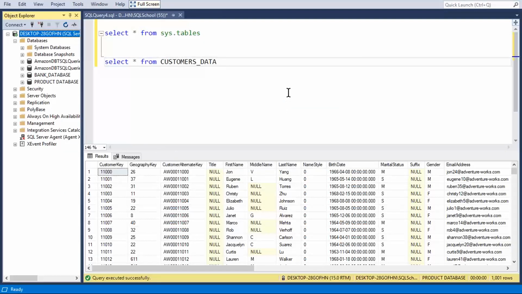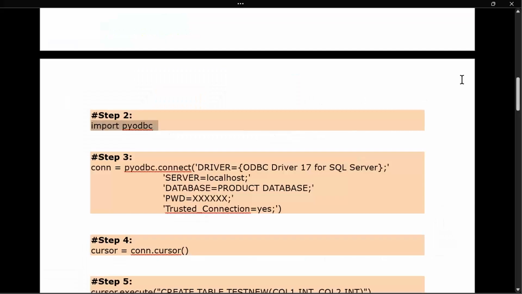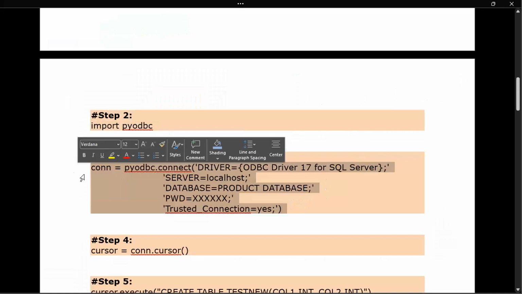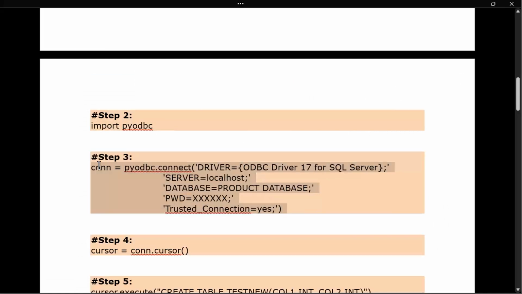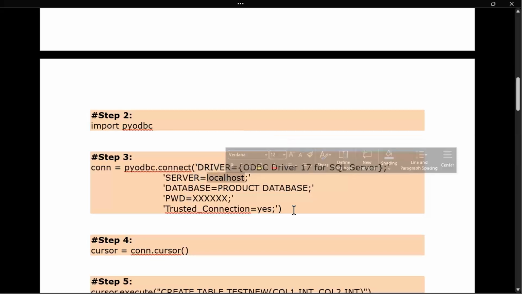Let's see how to establish a connection. Then do some DDL operations, DML operations, then retrieval operations. How to establish a connection? This is the command: a variable called connection equal to pyodbc dot connect. This is a function. Driver for SQL Server, server name, whatever server name you have, database name,